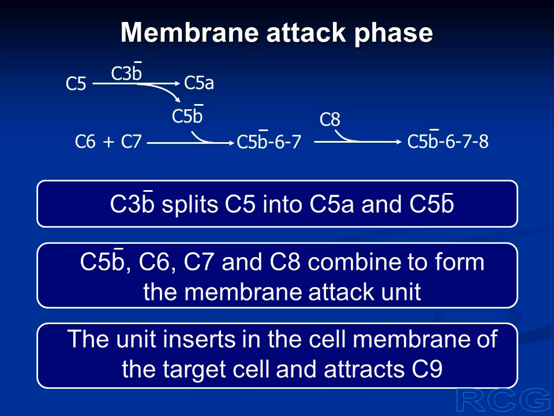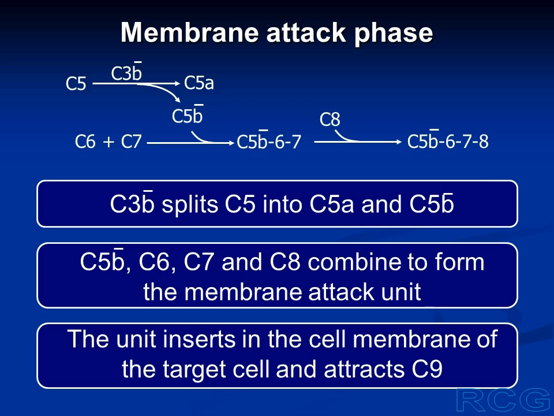This unit gets inserted in the cell membrane of the target cell. The target cell in this case is a bacterial cell. So this complex membrane attack unit is inserted in the cell membrane of the target bacterial cell, and now this